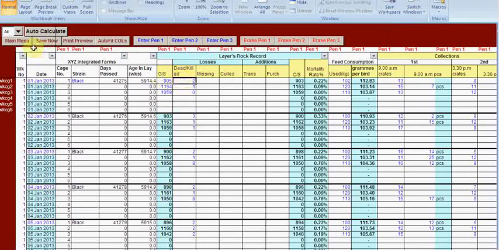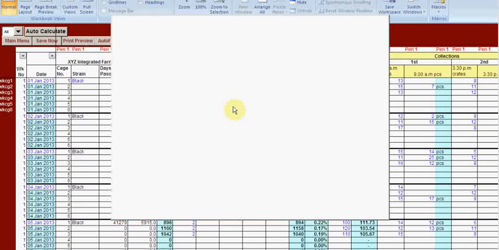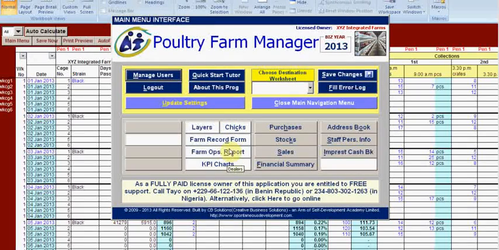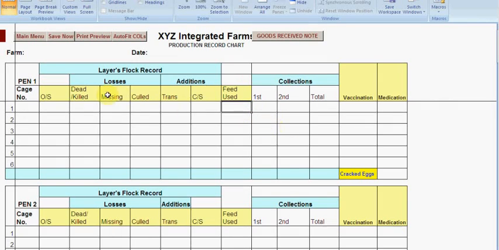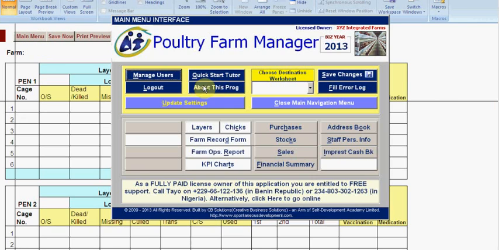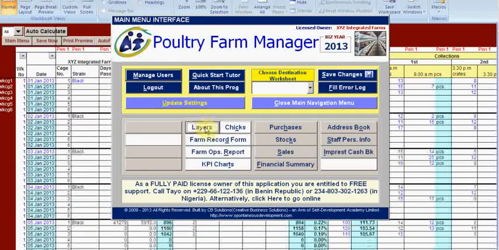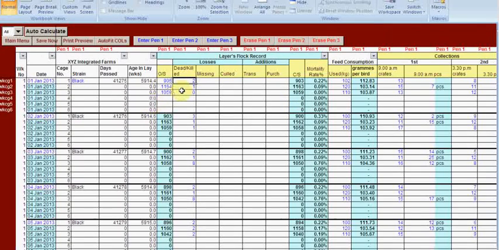And basically what happens is I'll show you a paper form, a form that's printed out on paper that normally is customized in conjunction with the farm owner. We design it to suit the farm, and basically what the operatives do is on a daily basis they fill in this form, and when they fill in the form they pass it on to the farm manager or the owner of the farm, who sits down probably at night and posts the data into the record